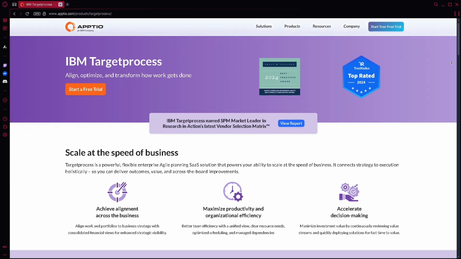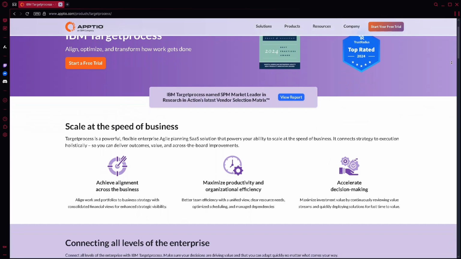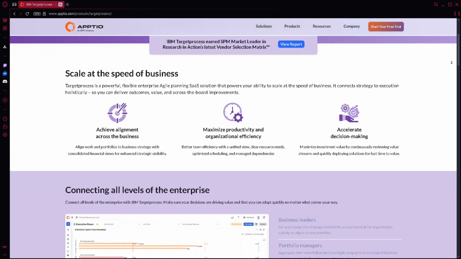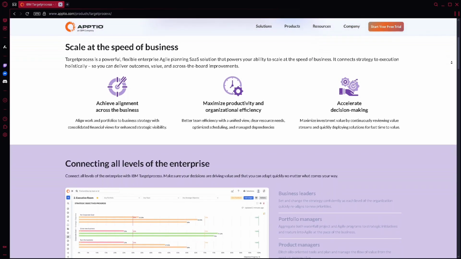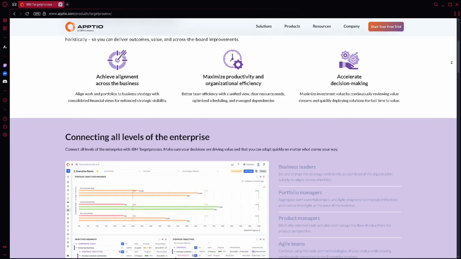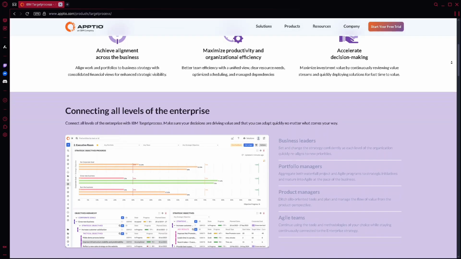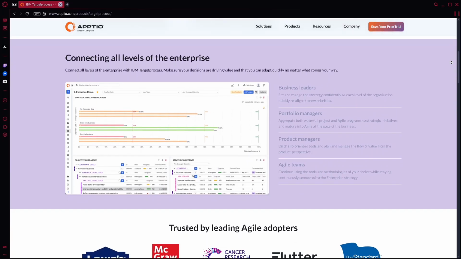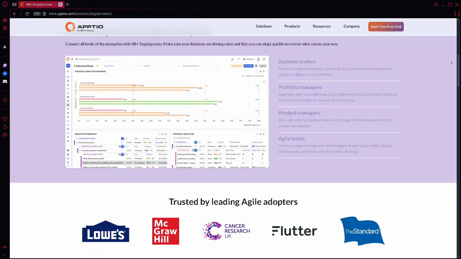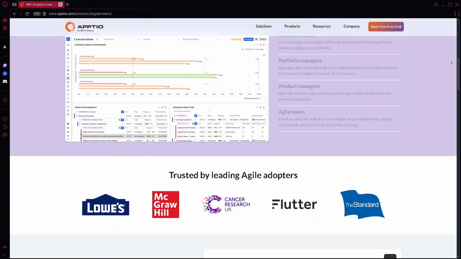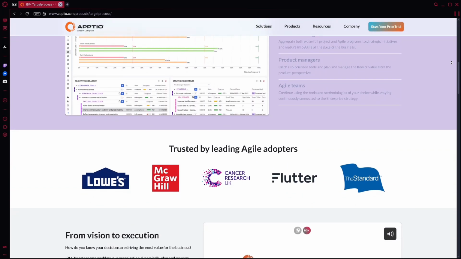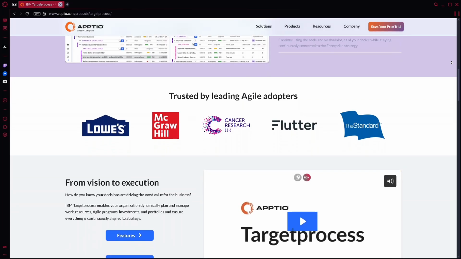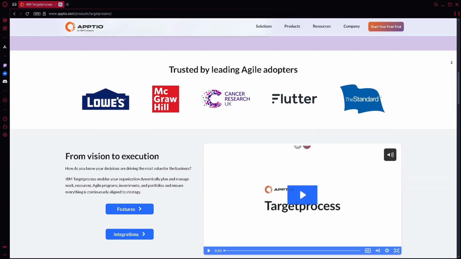So first, on its key concepts. It has entities, views, portfolios, projects, and teams. On entities, you can work with work items like epics, features, user stories, tasks, and bugs, etc. On views, it is visual boards and reports that you can customize. On portfolio, it is high-level containers for initiatives and strategic planning. For project, groups of related work like a product team or release cycle. And for teams, to assign to work on projects or specific types of work.